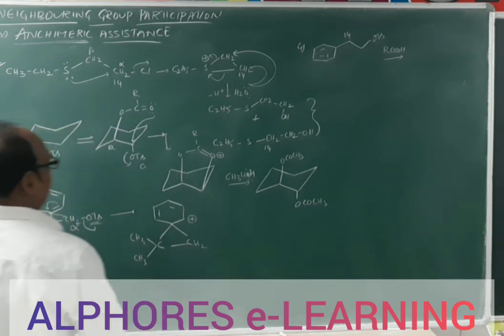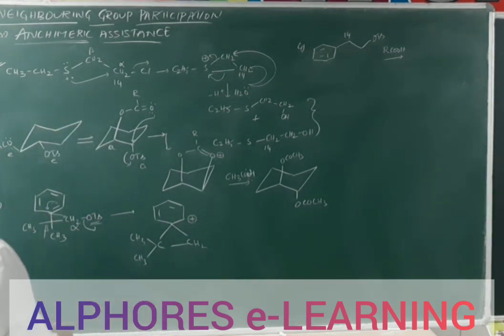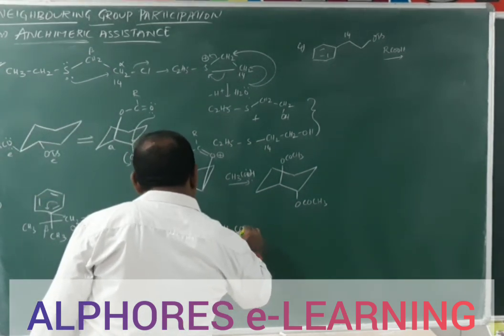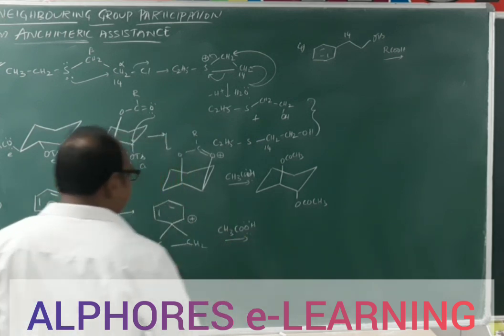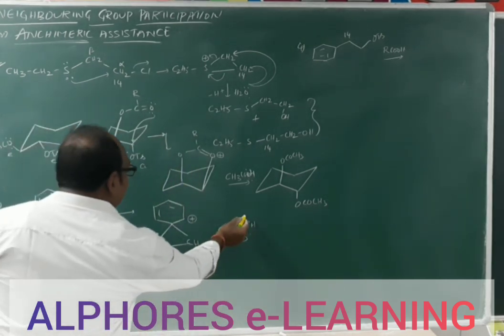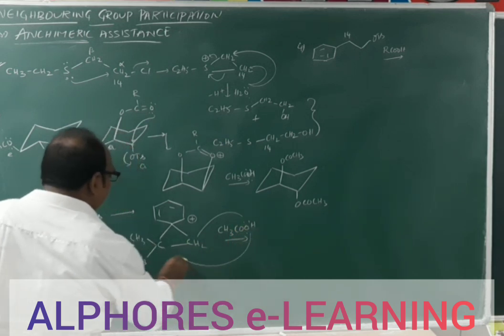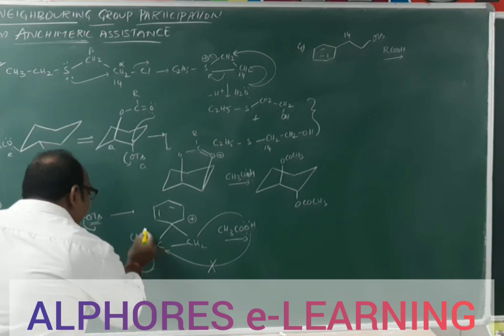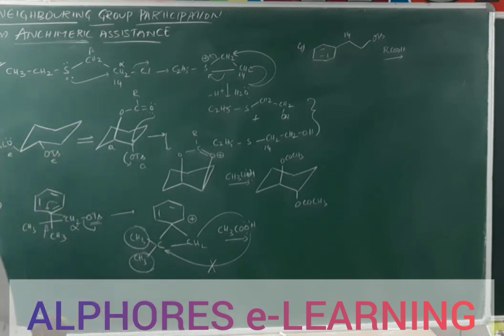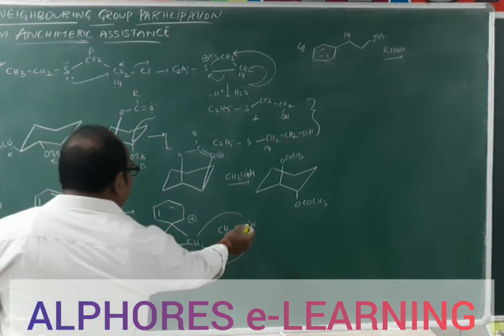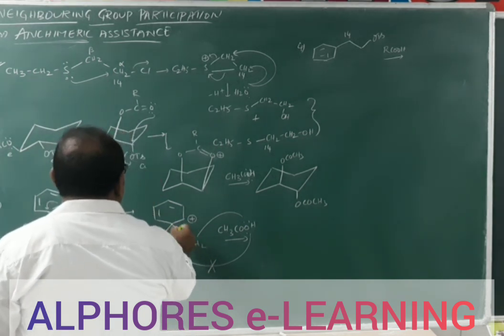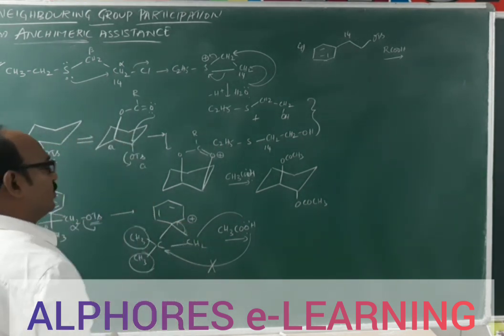Now the arenium ion here, again the attacking species is CH3COOH. This oxygen has to come and attack. Generally it may attack upon this one or it may attack upon this one. But here the possibility to attack upon this carbon is very less because of two alkyl groups which cause more hindrance. Then ultimately this acetate ion comes and attaches to this carbon only, and this gets back these electrons and converts into a pi bond again between these two carbons.